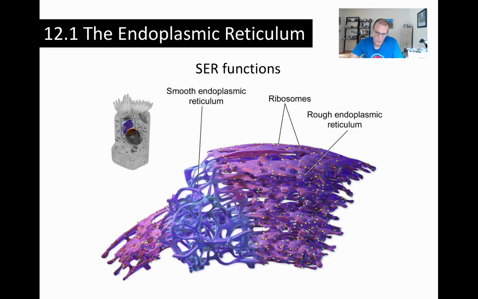A little bit on smooth ER. Now, even though smooth ER is contiguous, it's continuous, it's all one network with rough ER, the functions differ when you compare smooth ER and rough ER. And so smooth ER is involved in processing and storing non-protein molecules within the cell, so there's a lot of lipid metabolism done there. There's a lot of drug detoxification that occurs in the smooth ER, and that often involves